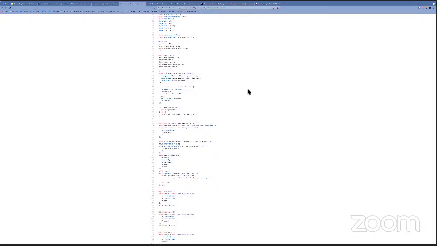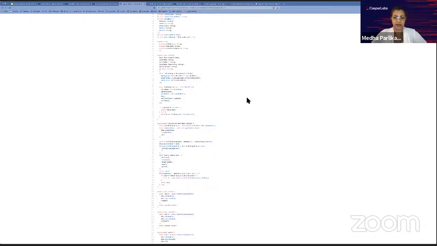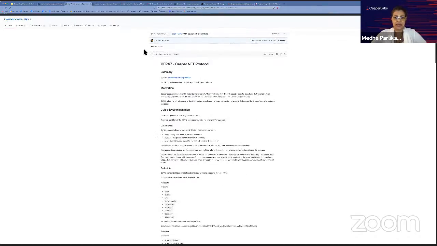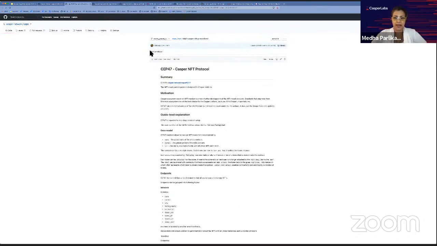One thing that needs to be clarified, so everybody understands this, is that the NFT features in CEP47 require Casper Network 1.3.2. That is going to testnet today and will be going to mainnet next week.